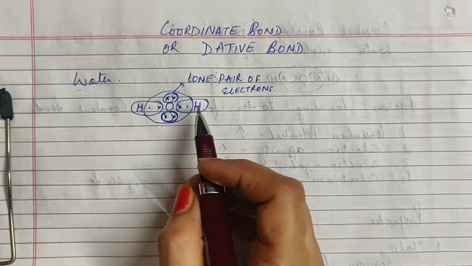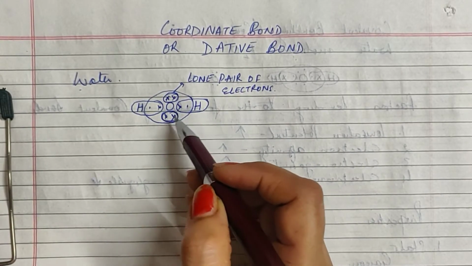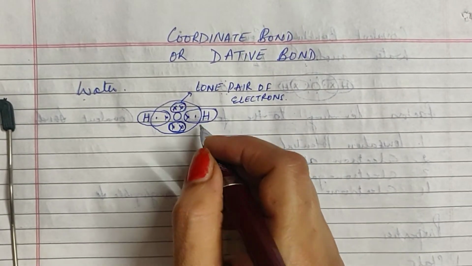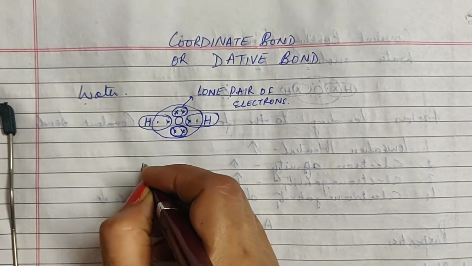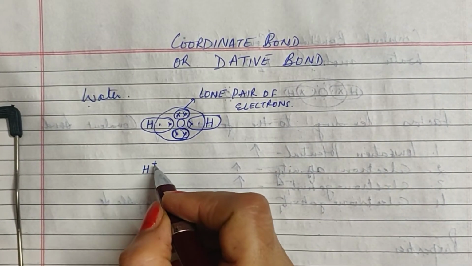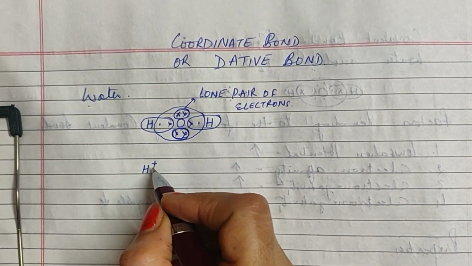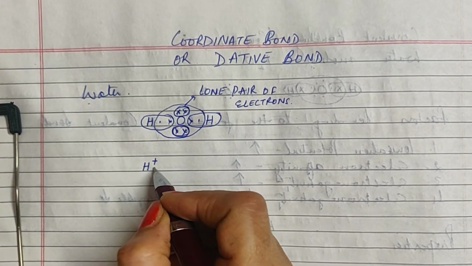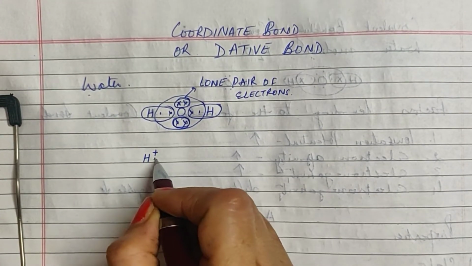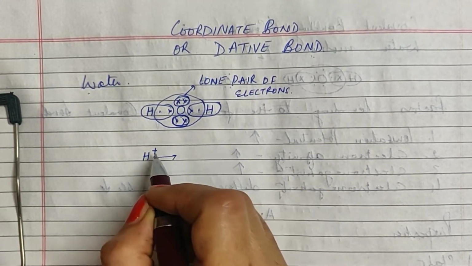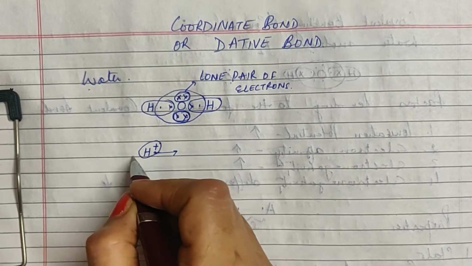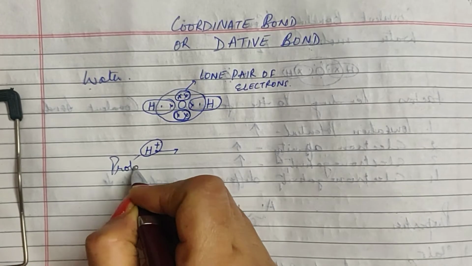Now when I'm just telling you that there are two lone pair of electrons present in a water molecule, near this water molecule, suppose a proton approaches. A proton is a charged hydrogen atom. Why is it a charged hydrogen atom? As I told you, it has a very low electronegativity. The only electron it has, suppose that also shifts to the other atom. What is left behind is a hydrogen atom with no electron. This is also known as a proton.